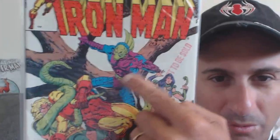Next is 160 of Iron Man, and this is "Suddenly Savagely the Serpent Squad." So the Serpent Squad's going to take Iron Man. Again, he looks like he's crying there with the sad face and gets beat up. That's what happens there. So, yep, again, one of these cheapy issues, probably 25 cents that I got. All right, so moving forward, we go on to